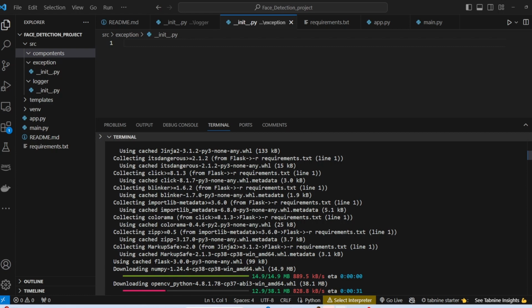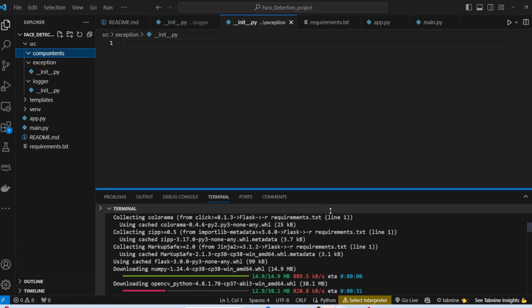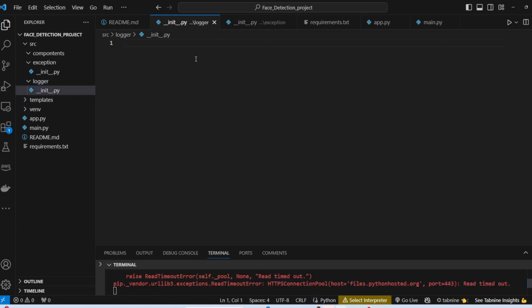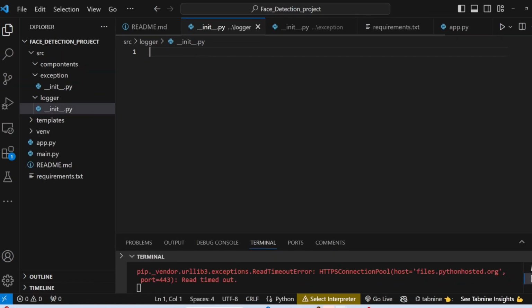So what we are going to do in the logger file, as you can see the installation is going on, so let me go below here. Now let's start writing code under our logger file. Let me zoom in a little bit. First of all, we are going to import all the important libraries, but before this, let's try to understand